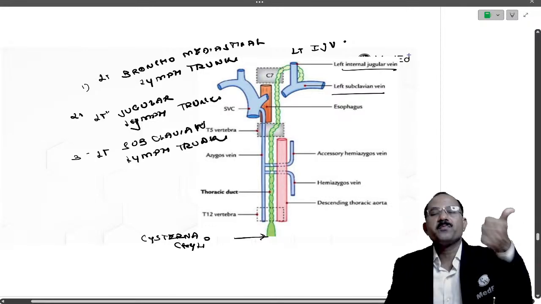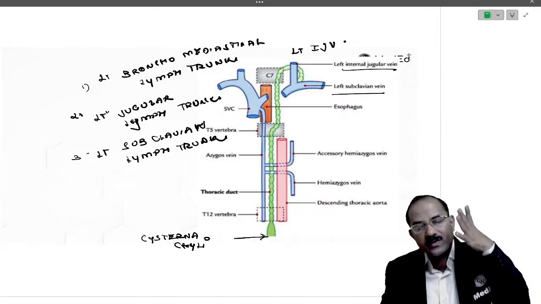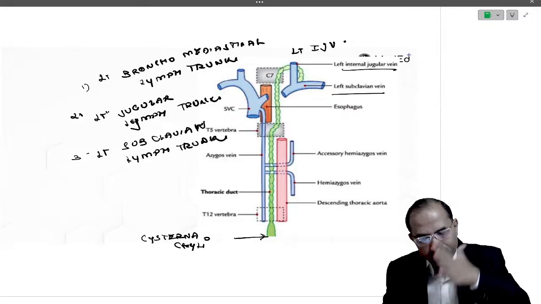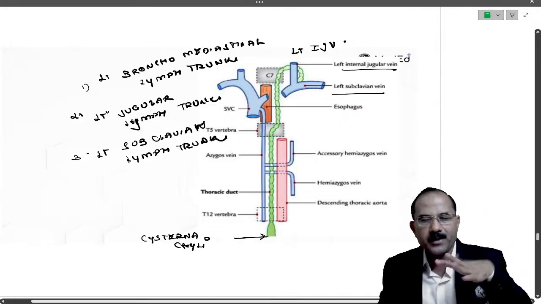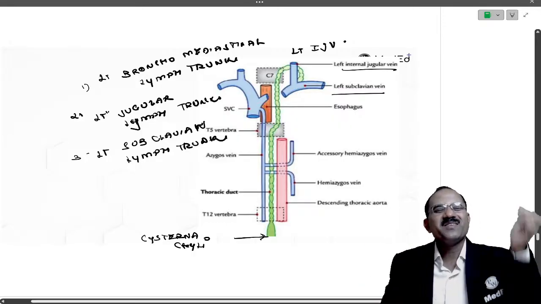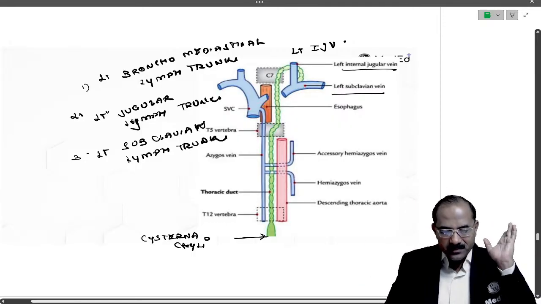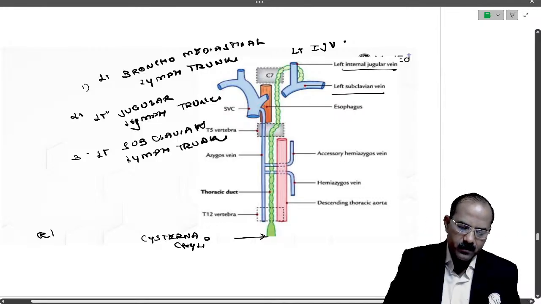Okay, so the left bronchomediastinal lymph trunk brings lymph from the left side of the thorax. The left internal jugular lymph trunk brings lymph from the left half of the head and neck, and the left subclavian lymph trunk from the left upper limb. Okay, so then you will ask me, bachchu, what about the right side? So right side pe bhi